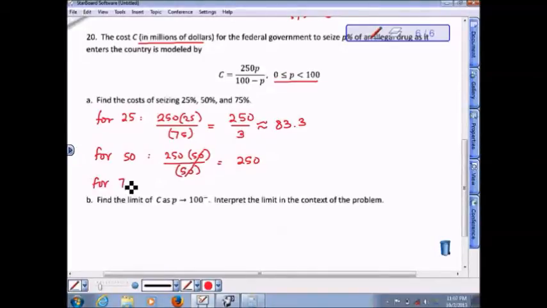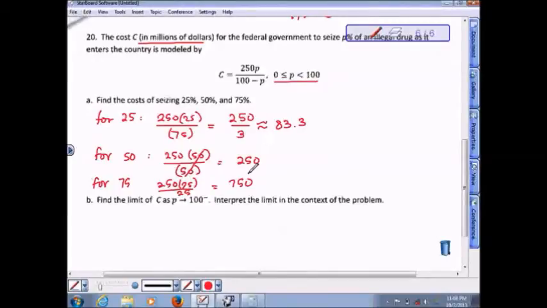If they increase again, that's going to be 250 times 75 all over 100 minus 75, which is 25. 75 over 25 is 3. 250 times 3 is $750 million. So once they go much more than this, 80%, 90%, 91%, 92%, these costs are going to increase similar to an exponential increase. As their efforts are reaching 100% of this illegal drug to be seized,